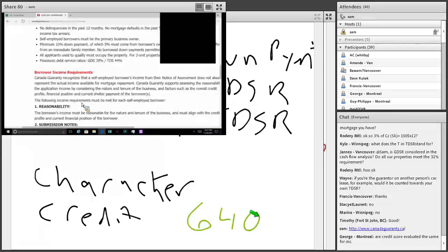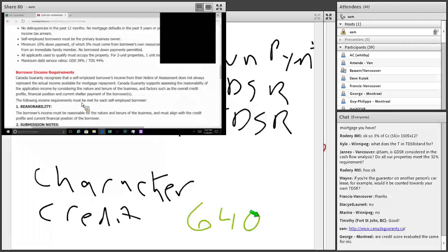So when she went the traditional route and wanted to get a traditional mortgage, she was declined because of her notice of assessments, her income verification documents, which in her case would be her notice of assessments because she's self-employed. Which she actually claimed. I mean, if you're employed, you're going to have a pay stub. A lender's going to want to see that pay stub to indicate what kind of income you're generating, and they're going to want to see your last 2 notice of assessments to see what income you've made in the past and to see if there's a history there.